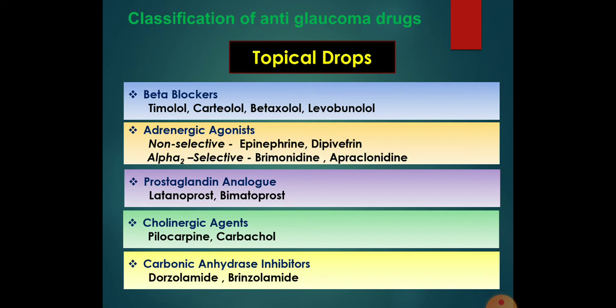As a whole, the beta adrenergic blockers, the topical ones, have been the first line drug, but recently these prostaglandin analogs like latanoprost and bimatoprost are replacing beta blockers as a first line drug in clinical practice. But these PGF2 alpha analogs, though they are the preferred drug, are very costly. So even in the case of poor people, considering the cost benefit ratio, many clinicians are prescribing beta blockers as a first line drug.